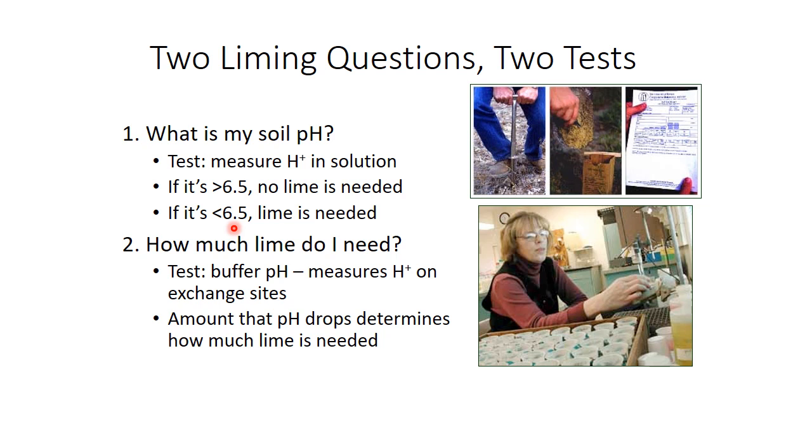Those cations exchange with the hydrogen, kicking them off into solution, and that is going to lower the pH. And the degree to which the pH changes in this buffer solution tells us how much exchangeable hydrogen is on the soil. And we could use that with some equations to figure out exactly how many, say, moles of lime